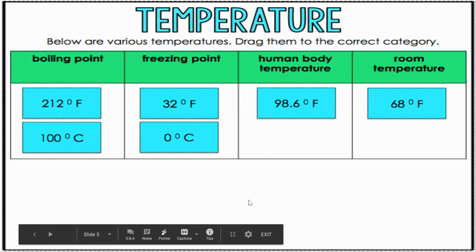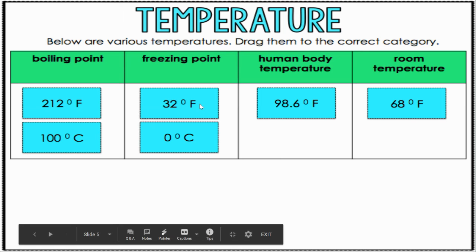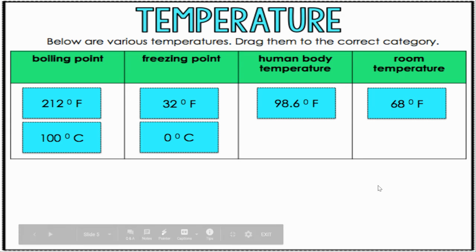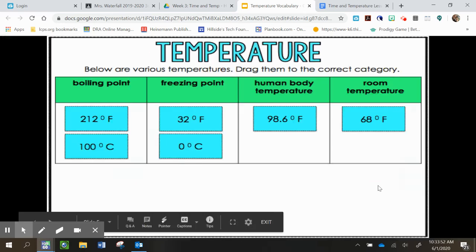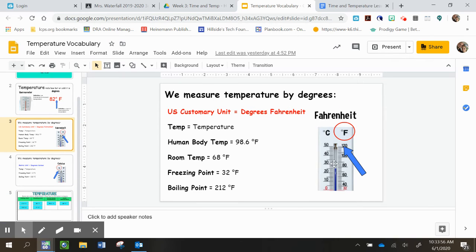So here's just one more example for you. Boiling points for Fahrenheit and Celsius. Freezing points for Fahrenheit and Celsius. Human body temperature for Fahrenheit and room temperature for Fahrenheit. So what I want to do quickly before we end this video is I want to show you the thermometer